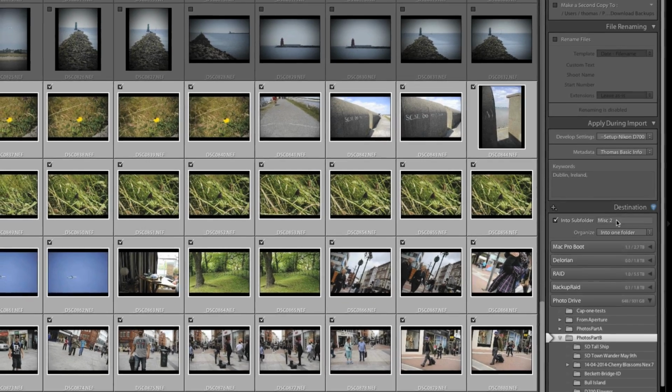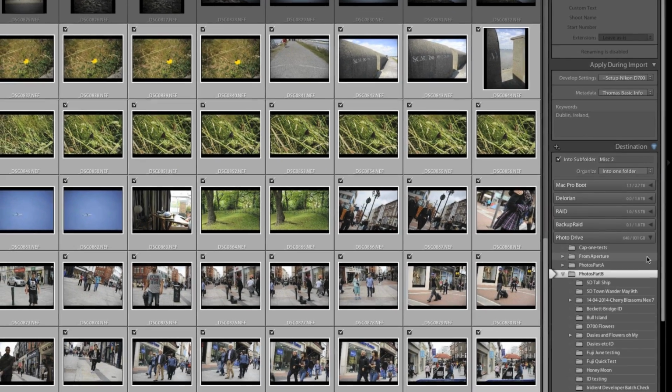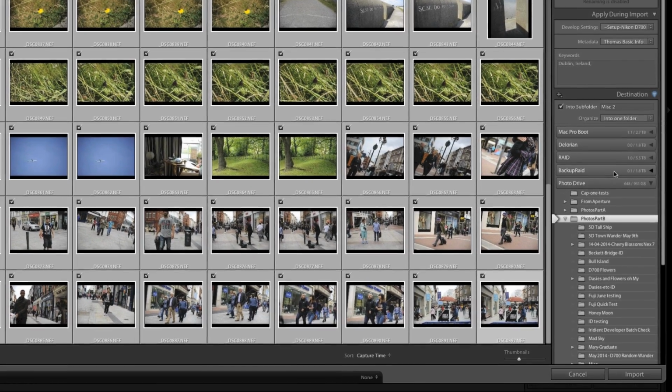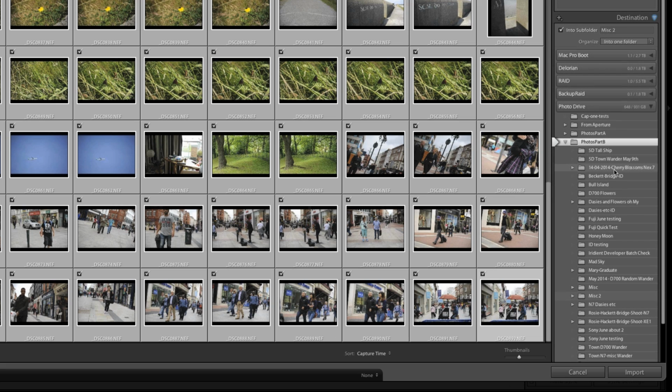Okay, now destination. This is where you want to put your images. In Lightroom, you can't store your images in the library. You have to tell it where to put them. I have all my images on an external drive. Actually, my images are routed across several external drives, but in this case, I'm putting it in my drive called Photo Drive. I have a bunch of different folders within this, so I'm going to put it in Photos Part